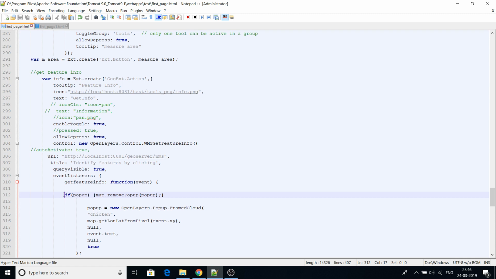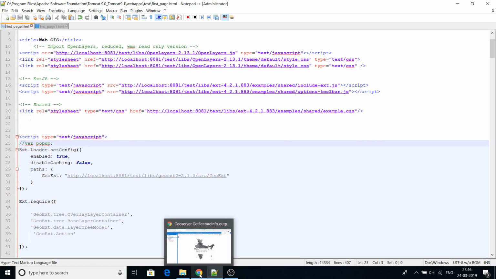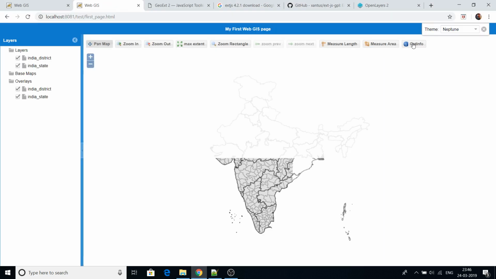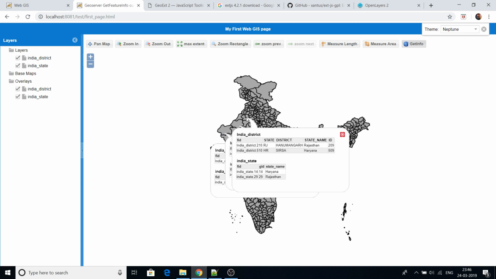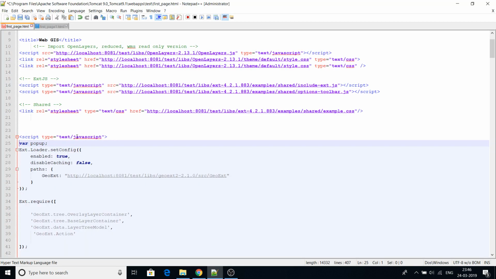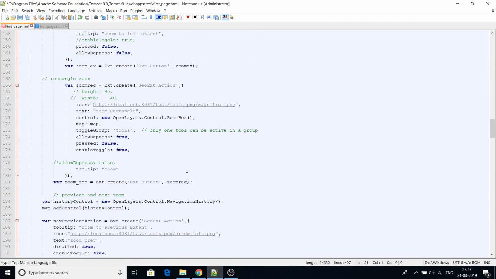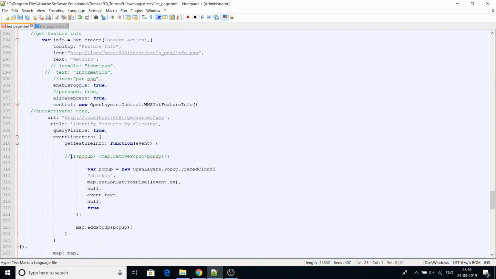Otherwise, what we can do? If there is a pop-up, then remove the pop-up and then